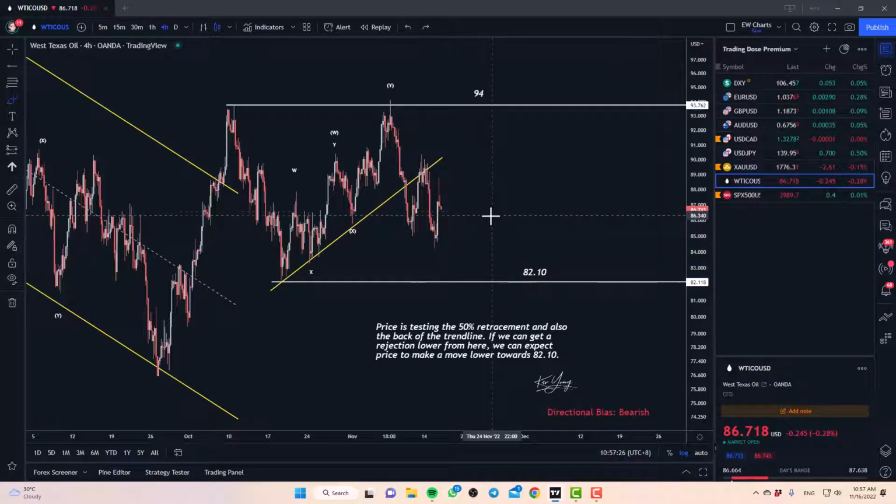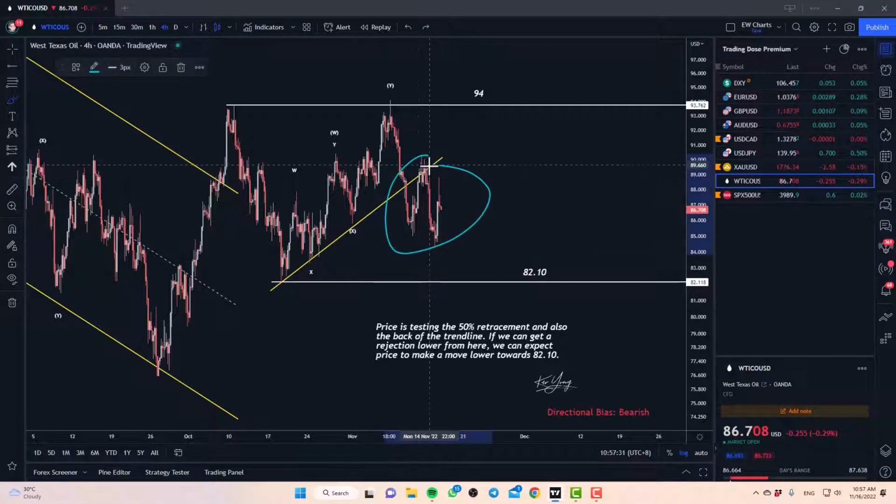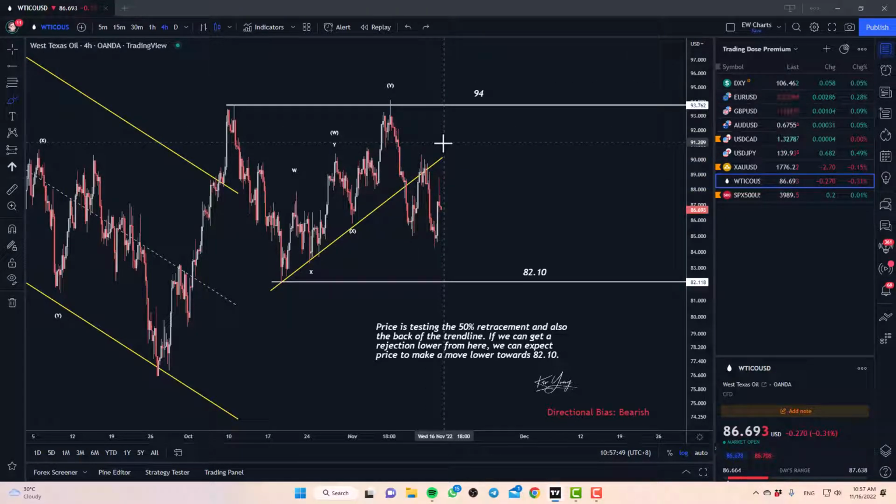So if you're not in oil and you're interested to trade oil, my suggestion is just be patient with this kind of development. Just wait until it comes towards 8210 to decide whether you have an opportunity to buy. So don't get involved in it right now. If you have any sell trade running, because we talked about how this broke and then had a retracement, you could look for a sell there. Just shift your stops to break even. Let it run risk free. Your target still is around 8210, but that's about it. Let's see how the market develops from here.